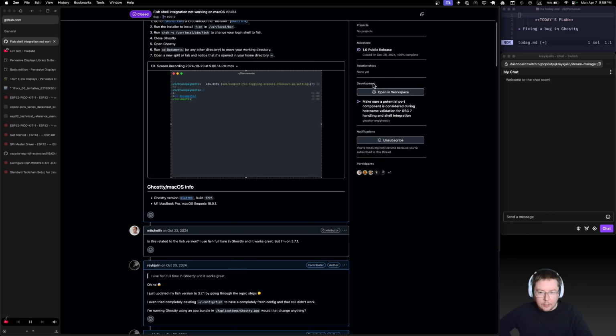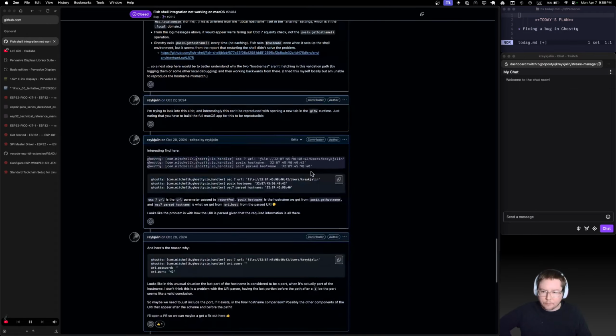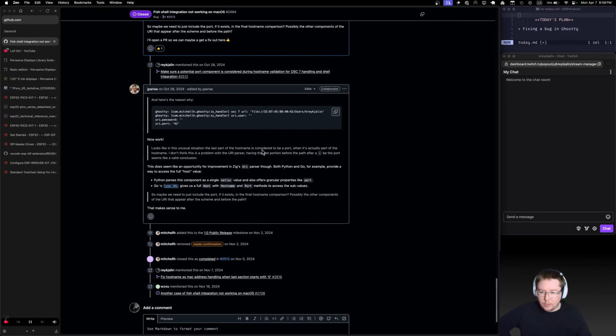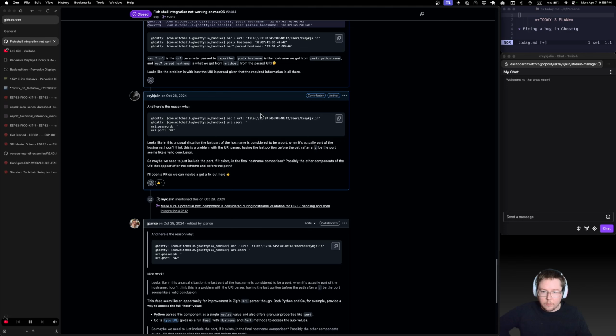Initially, the problem was that we didn't do anything to parse MAC addresses in Ghostty when doing the shell integration, and it needs the host name. So this wouldn't be counted as a valid host name. That was a problem. So I fixed that, but there's an edge case that we're not covering, which is, if